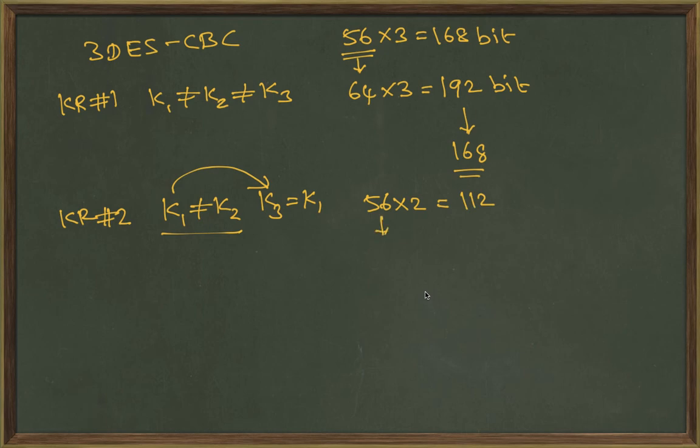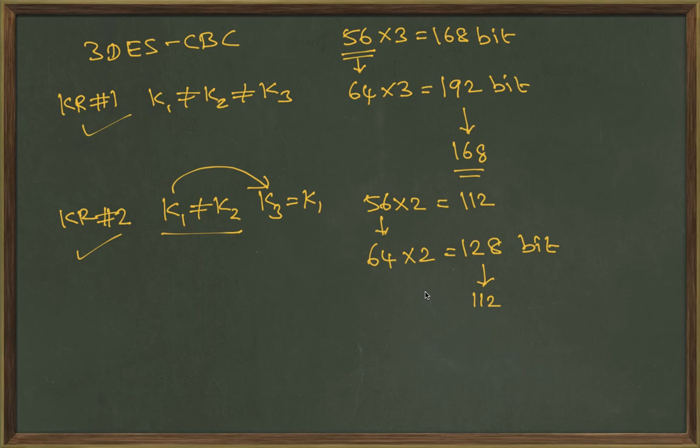But in reality, you cannot use 56. So you need 64 bit. So 64 into 2, you need 128 bit. Even though you provide 128 bit, the DES algorithm internally will throw away all the parity bits. Effectively, it will take only 112 bit. This you should remember. So first we will see a demo of this, and then we will see a demo